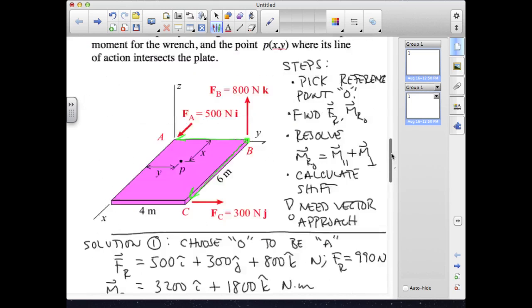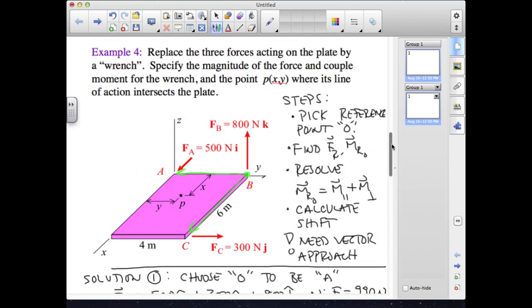Okay, so now again, before we continue, I'm going to come back up here. Once again, I'm going to sketch that location at B now. I've got my resultant force coming up like this, corresponding parallel component of the moment looks like this. And notice that my perpendicular moment now is negative in I and J, but positive in K. And so that is going to have relatively this orientation